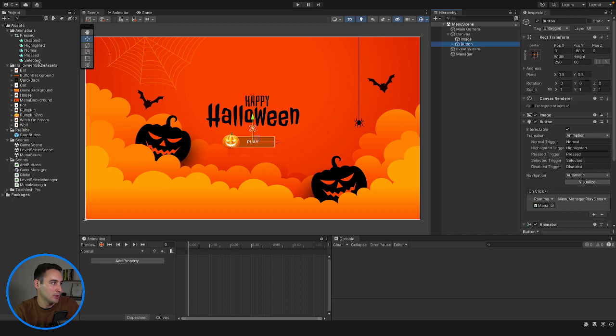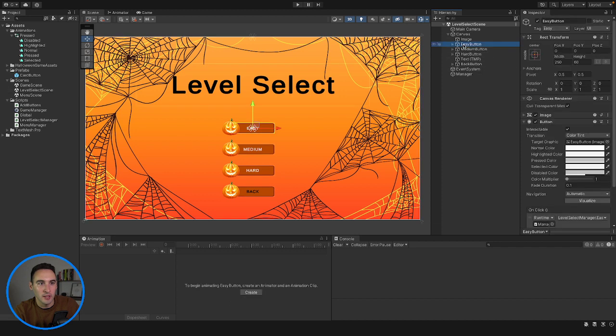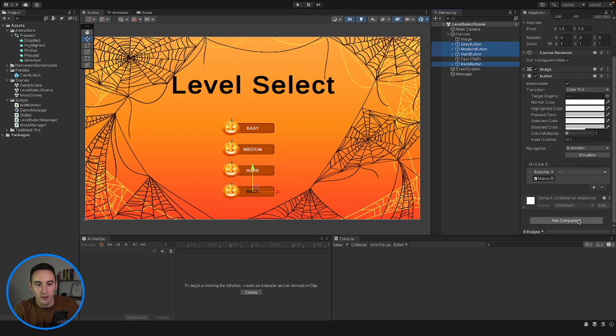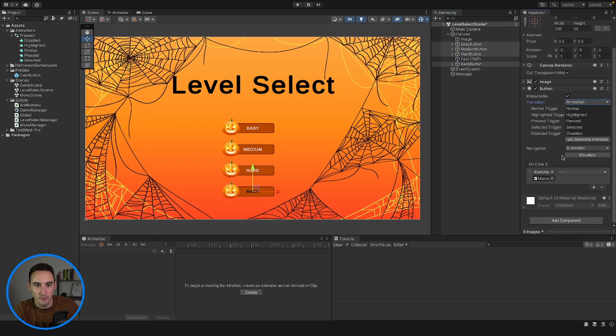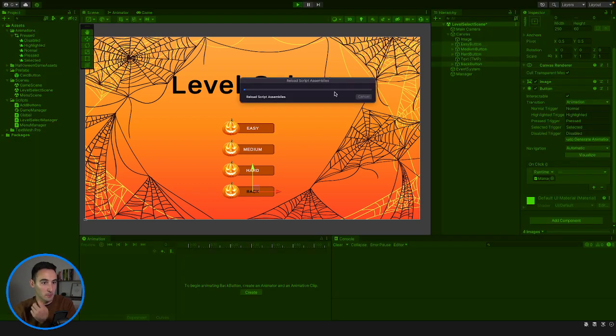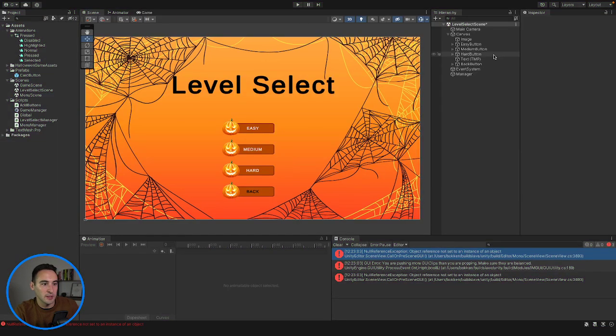So if we go into, where is it? Our level select scene. We can select all of these buttons. That one, that one, that one, and that one. And then on here we can add in a color tint animation, and then I think that's fine. So let's go and see if that works. So okay, that doesn't work, so we need to,